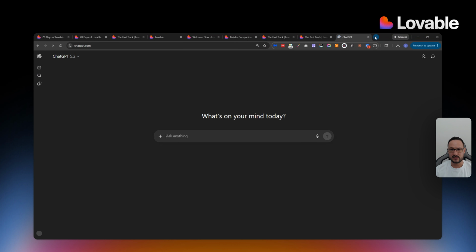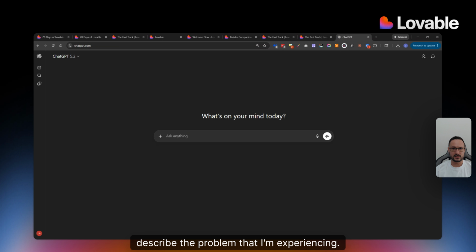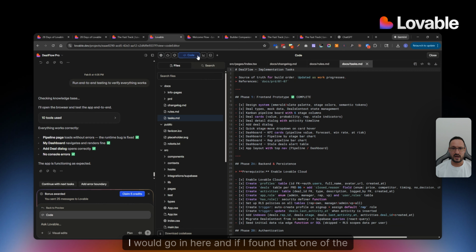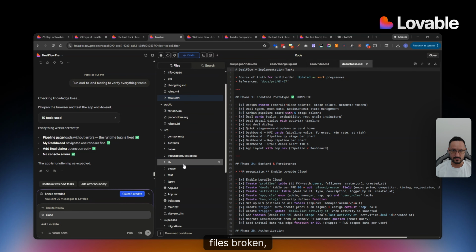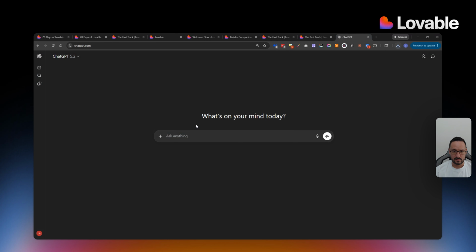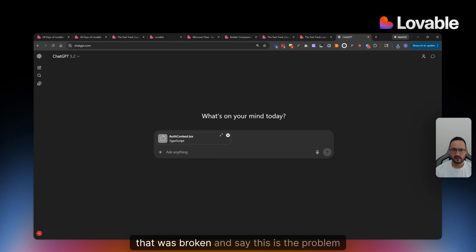And then in ChatGPT, I would, in most times, describe the problem that I'm experiencing. Again, very similar formula so far. You're describing the issue, you're downloading the entire files that are affected, right? And to do that in Lovable, as you can see, the end-to-end testing passed, everything works fine. If it didn't, I would go in here, and if I found that one of the files was broken, you can either copy the file content or download the entire file onto your computer and basically come in here and attach